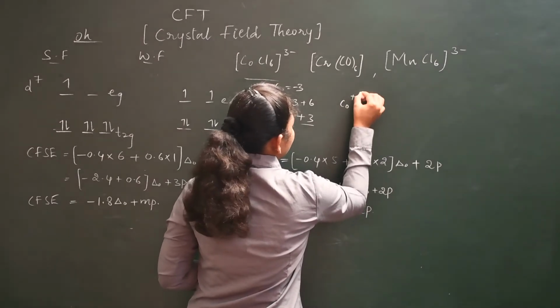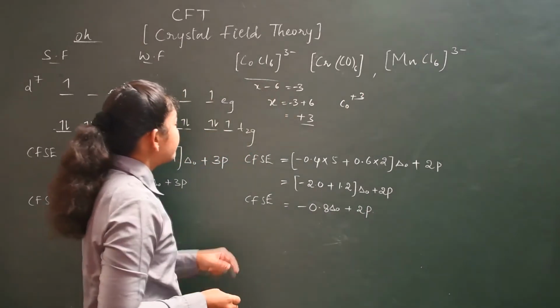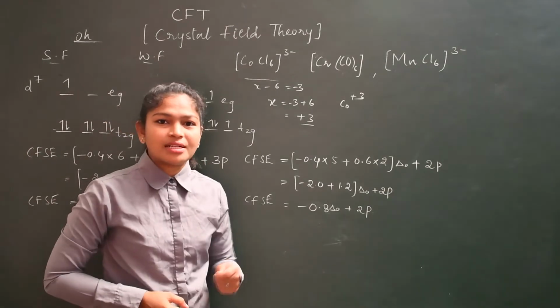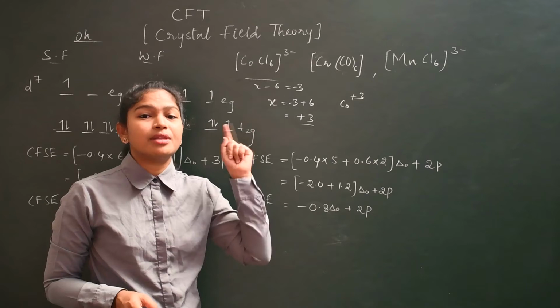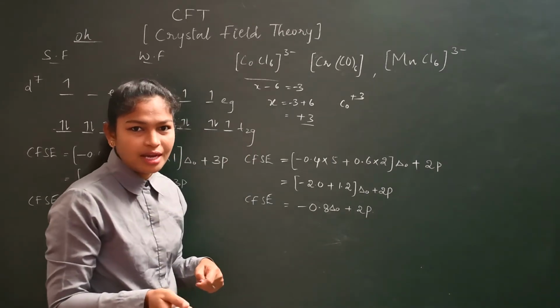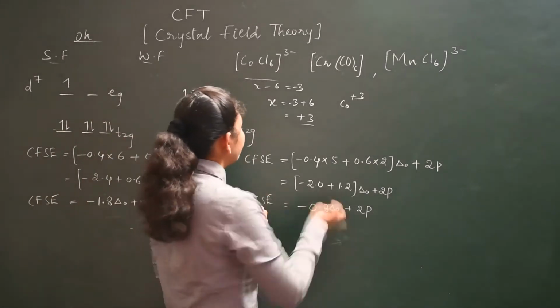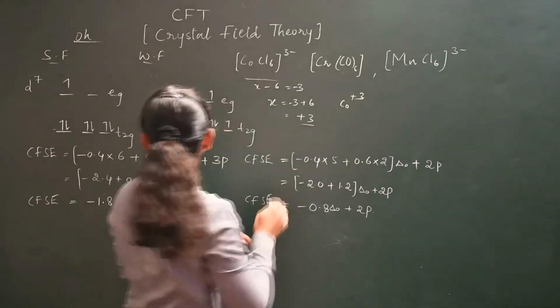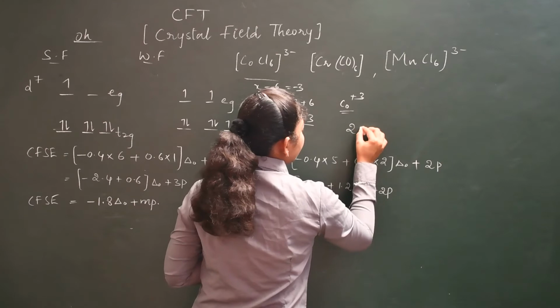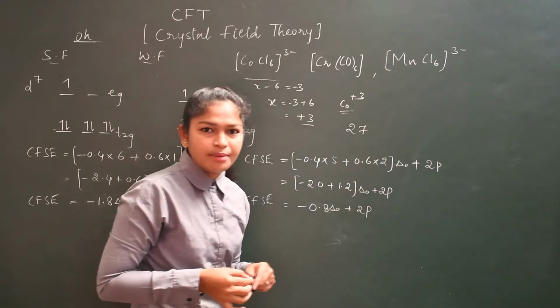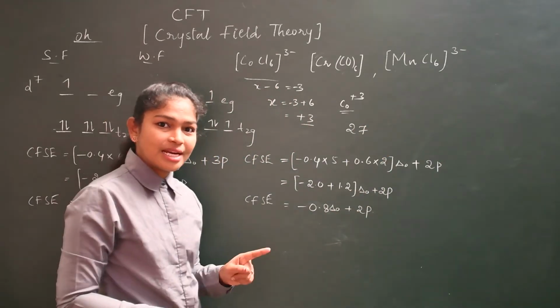Cobalt plus 3 we got now. Now what happens here is, as you know, cobalt's atomic number is 27. In the last video I told you how you have to remember the valence electrons in each metal. I told you with the d orbital, right? So cobalt's atomic number is 27. How you have to remember the valence electrons I told you in the last class?